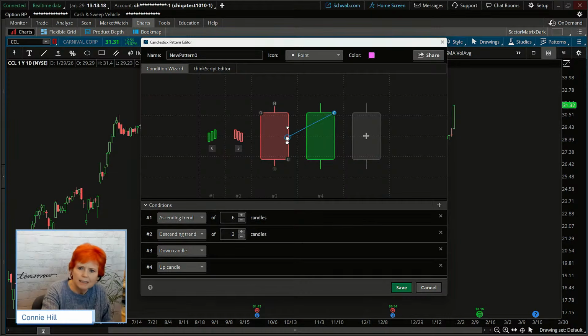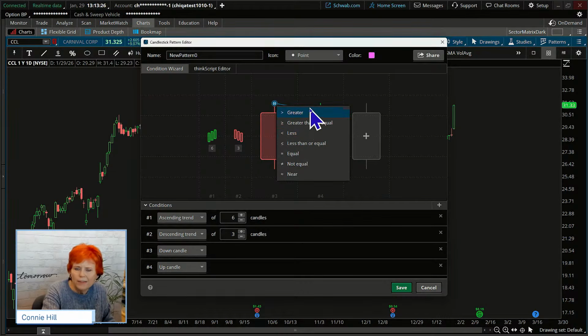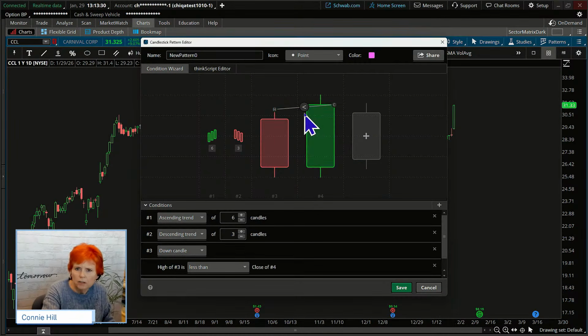We're going to take it to the high price, and then we're going to put in our relationship. In our relationship, we want that closing price to be greater than the high of the red candle. So we're putting in that relationship that way.